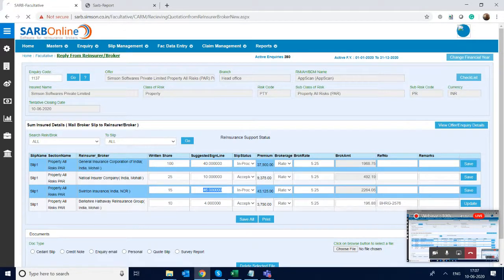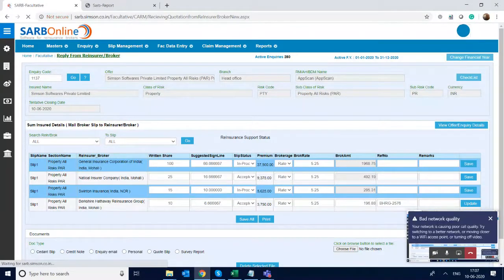So it will create an error on saving. I can either save individually or just click on save all.